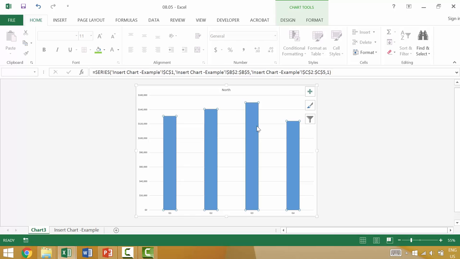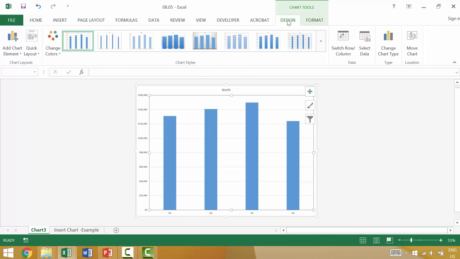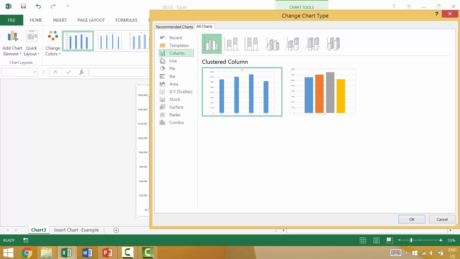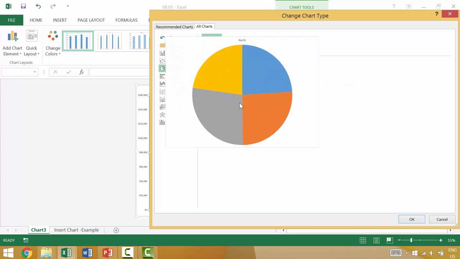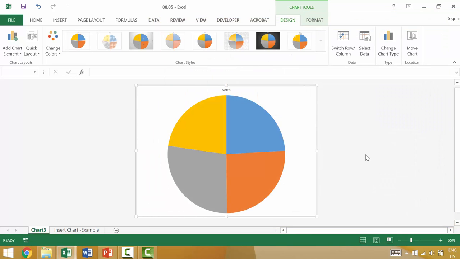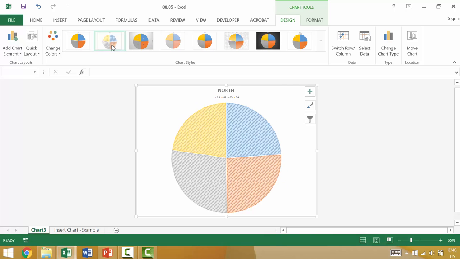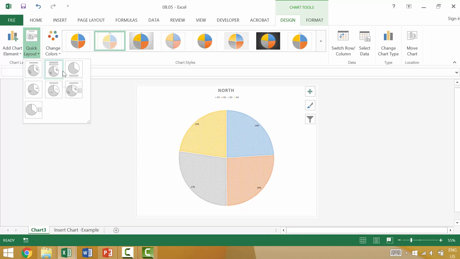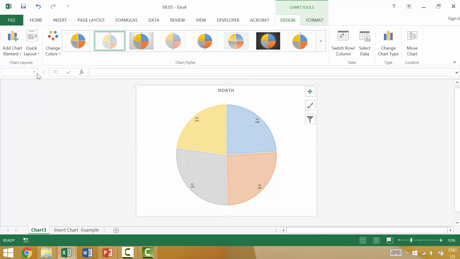It's not actually that easy to read, but if you want to change the type of a chart that you have, you would click on that chart and then go to the design tab, and then on the design tab on the right portion of the screen, you'd have the type, and you click that and you can easily change it to something like a pie chart. So you'd make your selection and then hit OK, and it would change the individual types. So then you could change the style, as we'll discuss in a later video, and you could even insert the different elements